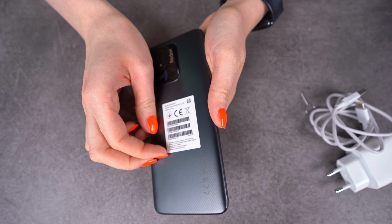Today we are unboxing Xiaomi Redmi 10C, an affordable phone from the electronics consumer giant. Anyways, given the affordable price, we really can't expect too much, but still, in the packaging, what we find inside